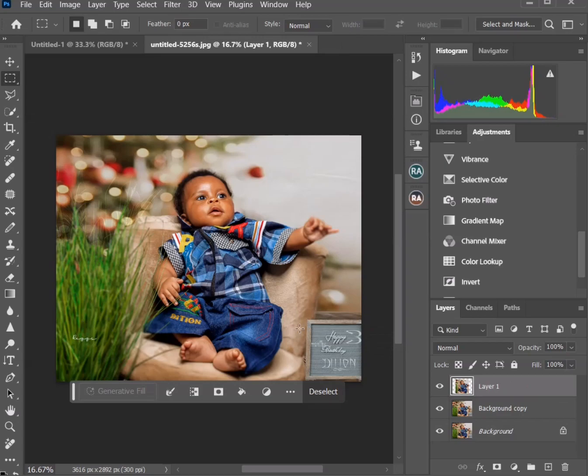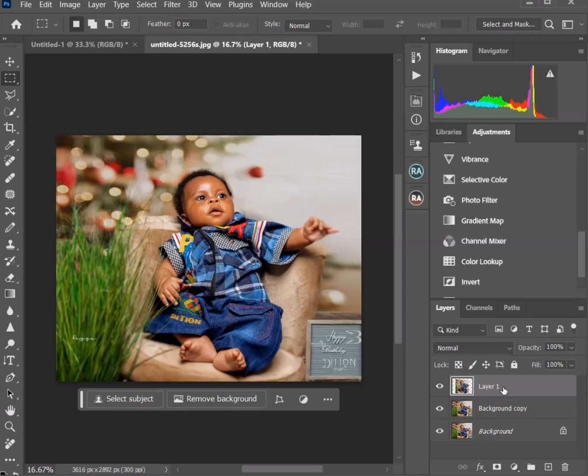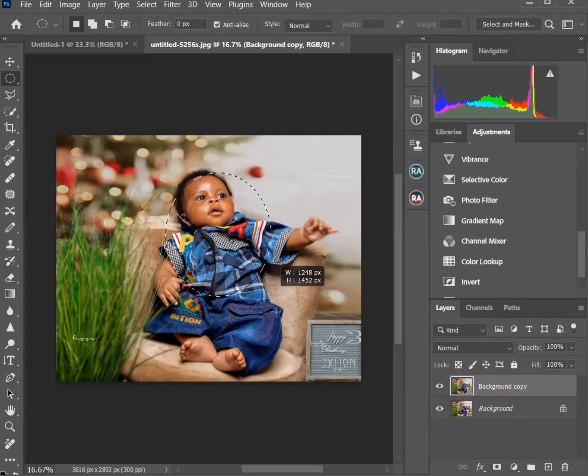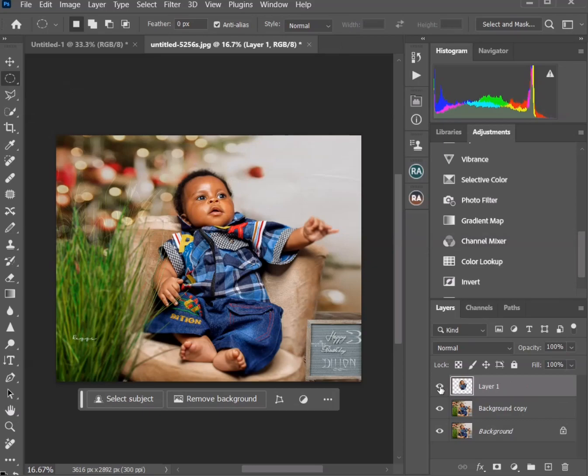Ctrl J, and this is it. You can see it itself now. So delete that, and the same thing for elliptical marquee tool. So the same thing, you can also Ctrl J, delete,